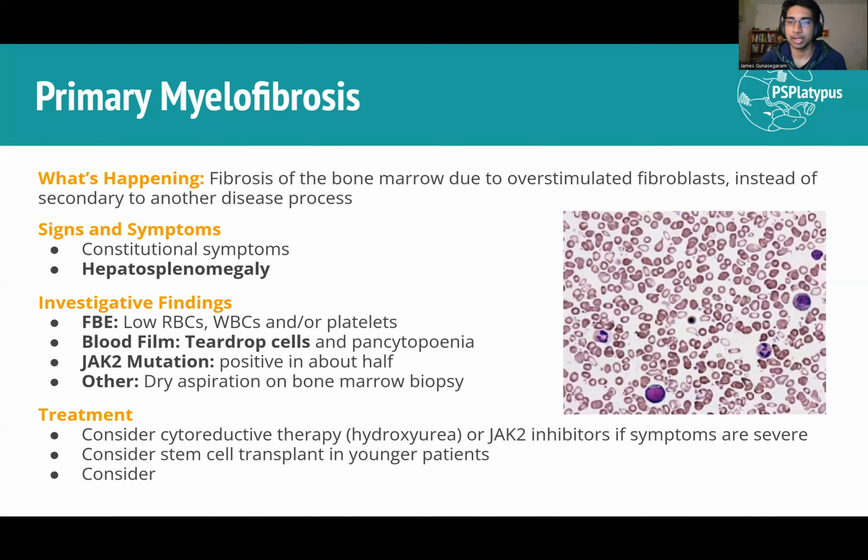So you get lots of low stuff because of the disease inhibiting your production. One of the really big things, so make sure you remember it, teardrop cells. If you look there at the diagram, there's one over here, sort of in its own little group, which is a really nice teardrop cell. Basically all that means is that the cells are having to squeeze out of this really fibrotic and stiff bone marrow when they are produced. And so that causes the teardrop